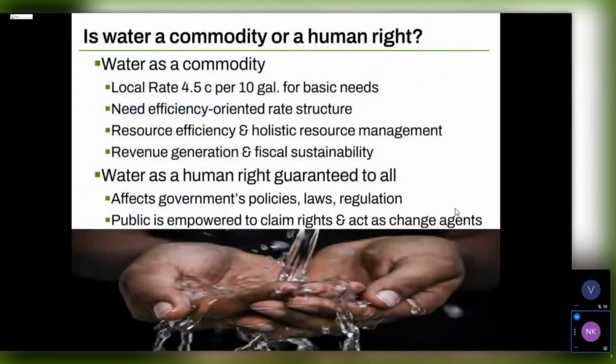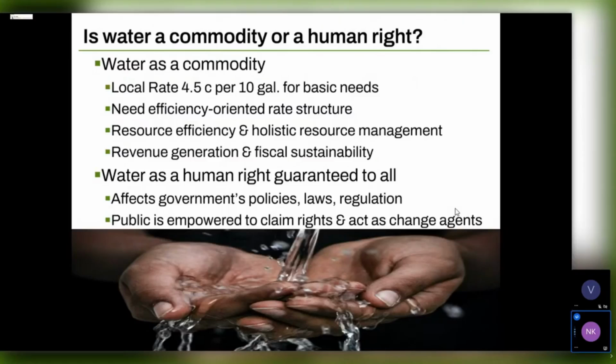While on the subject of the price of water, let's take a minute to ponder this question. Is water a commodity or is it a human right? If water is a commodity, then the water company, a government contractor, must provide sufficient, safe, clean water equitably across the population so everyone, rich and poor, can afford water for basic human needs.